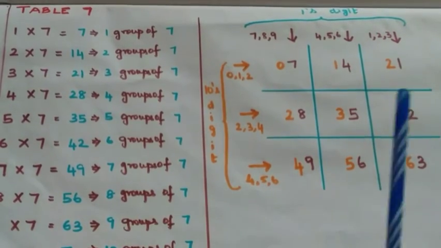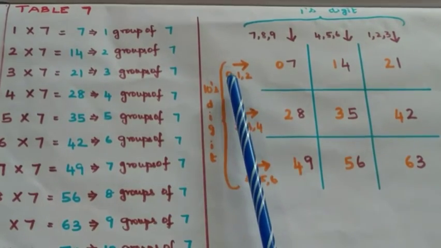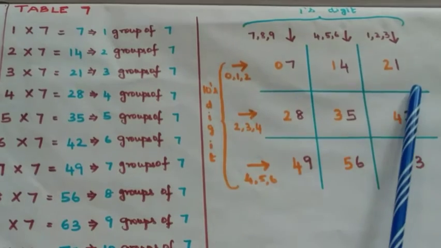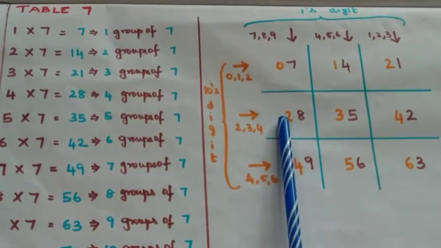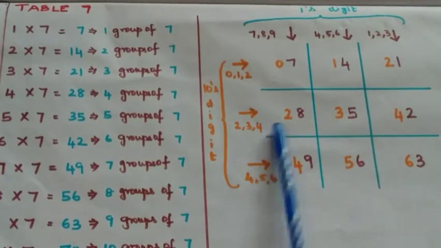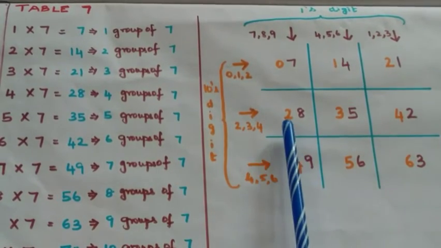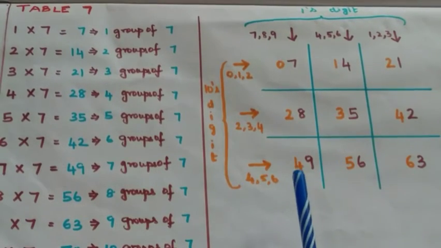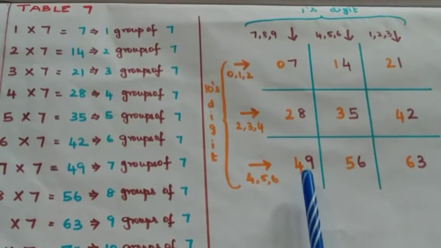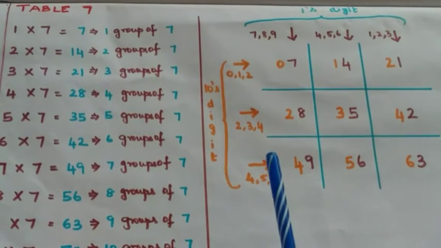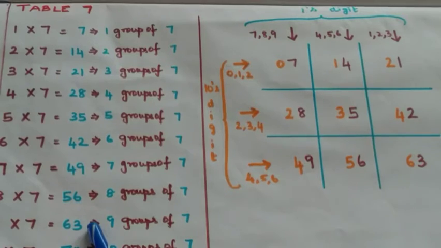Then you need to prefix those numbers starting from the top left. Start numbering from 0, 0, 0, and when you come to the next row, you start with the number that you have written here. So when you start the second row, you start numbering from 1, 2, 3, and similar to this, you need to start from 2 here and number as 2, 3 and 4. When you observe the pattern, you find that you have obtained the results of table 7.